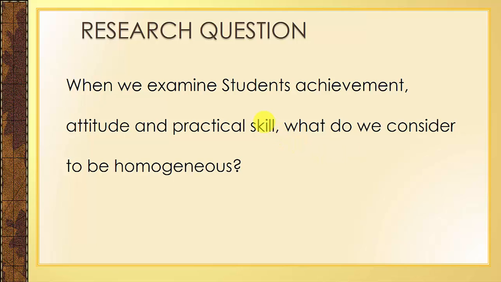When we examine student achievement, attitude, and practical skill, what do we consider to be homogeneous? Here, the researcher measures achievement, attitude, and practical skills. Now, a cluster analysis identifies what homogeneous groups exist among students. That is, whether a student does well in achievement and fails others, maybe practical skill and attitude. The analysis then provides this performance cluster and tells us